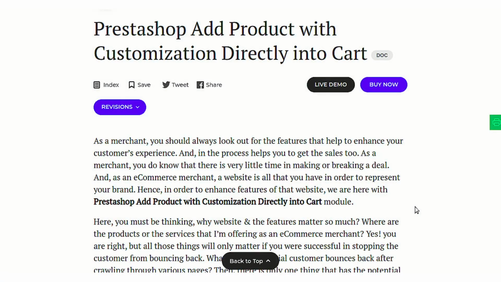Hello everyone and welcome to this video tutorial of PrestaShop Add Product with Customization directly into Cart module. In this video, I'll explain the process to configure the module and I'll also take you through the whole